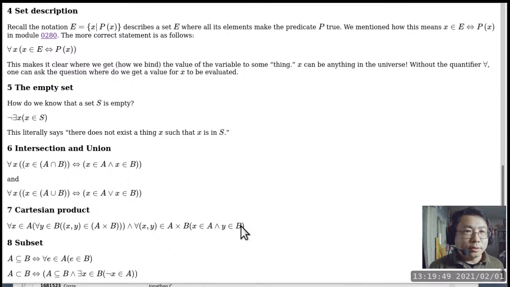So to answer this question, let me give you an example. So let me turn on the tablet, and I'm just looking at the time. Darn it, it's out of time. So we are running out of time, and the question is for section 7, if I do not have this conjunction and the other portion of the definition, is it still a correct definition of the Cartesian product? That is the question.